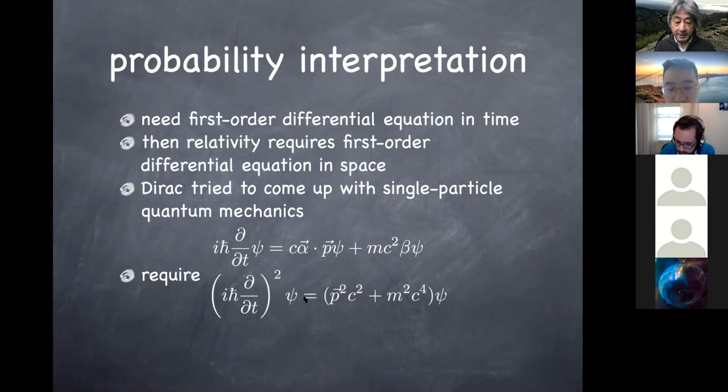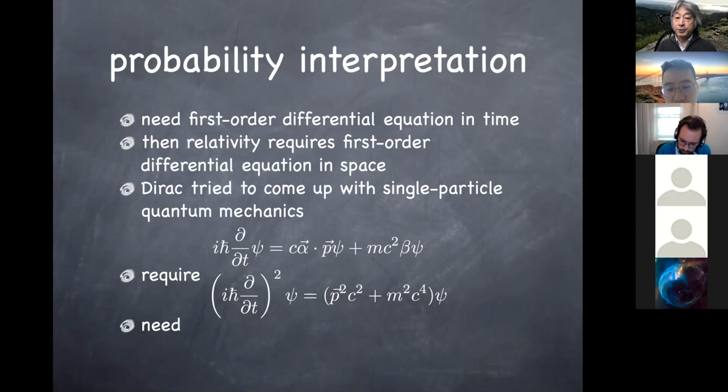But certainly, because this is supposed to be a relativistic particle, you have to require something, namely that energy squared, the energy being the eigenvalue of the time derivative operator, should be p squared c squared plus m squared c to the fourth. So I have this linear equation here, but now I have an extra requirement. If I use this differential equation twice, namely taking time derivative on both sides of the equation, it is supposed to give you p squared c squared plus m squared c to the fourth as an eigenvalue.